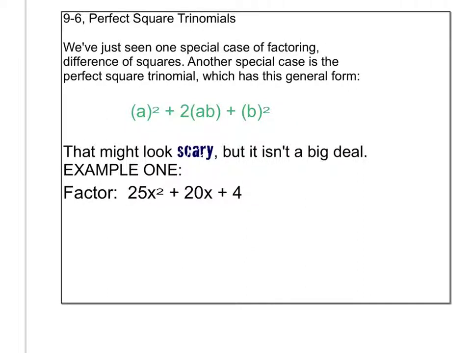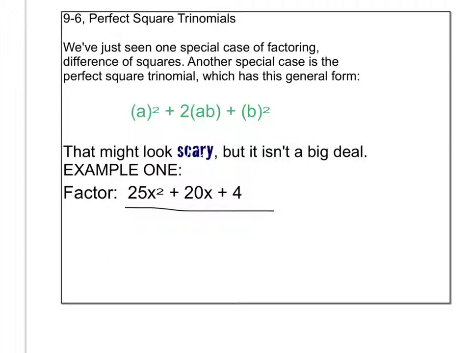All right, we've seen one special case with factoring, the difference of squares. But then you also have a perfect square trinomial. So that's the following. You've got a value at the beginning and the end that are both perfect squares. And then you have this middle term. So the way this works is, if you were to take a look at this example, 25x squared plus 20x